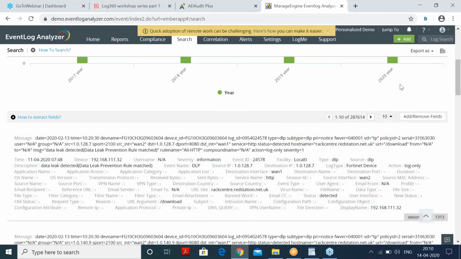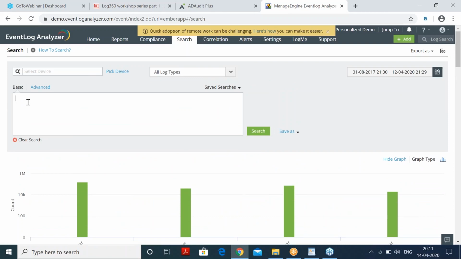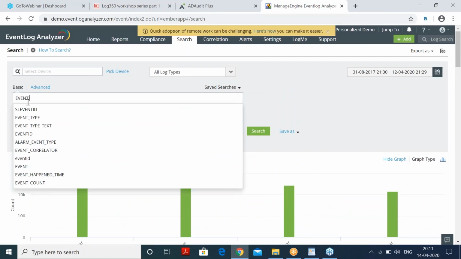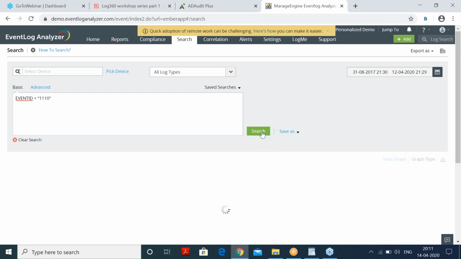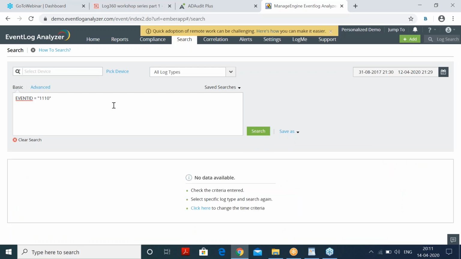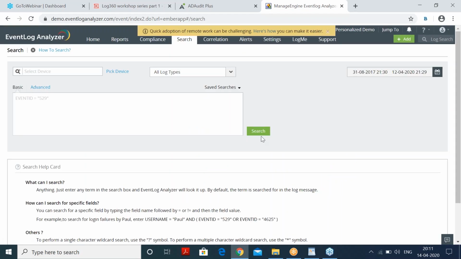So you can do one of two things. You can either go to the search query tab and type out something like event ID equals, sorry about that, event ID equals and some event ID to check if you have that. I don't know if this is going to be there. Let's look at event ID 1100. So, okay, this is not there, which is not a problem because what you can do to see what event IDs you have in the first place is